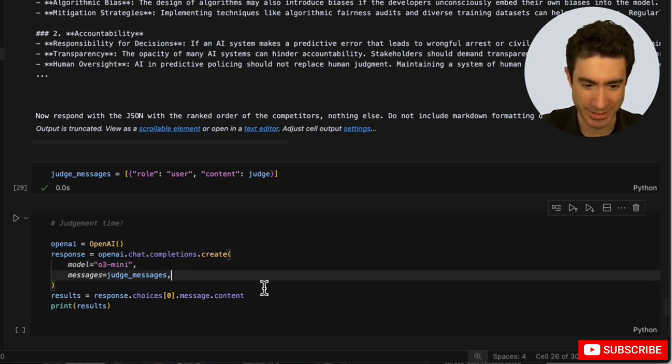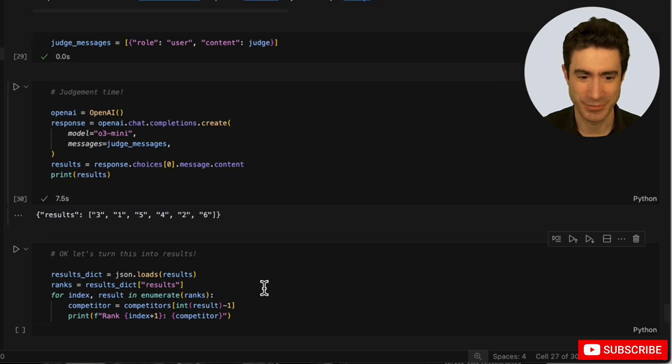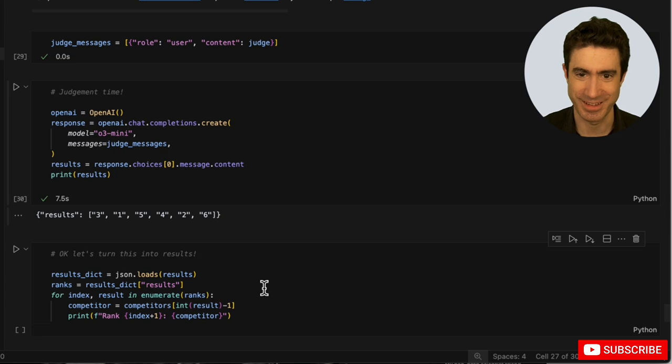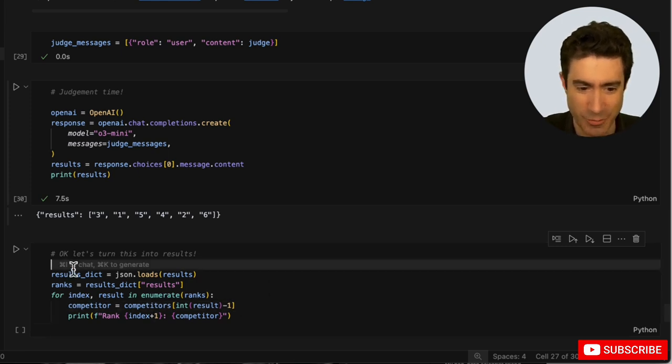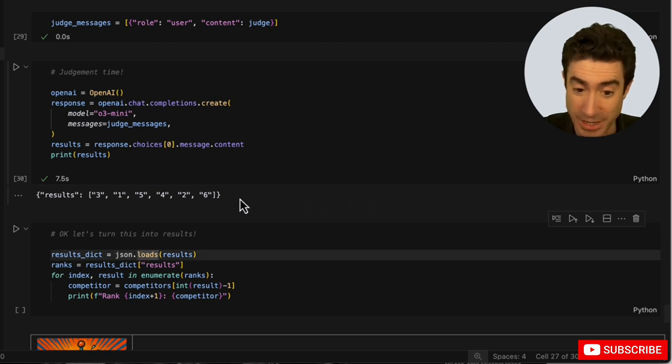Let's see how it does. Off it goes. It's thinking about it. It's taking its time. It's doing some reasoning, and here's the answer. So it doesn't put the GPT-4o Mini at the top. It puts model number 3, and you probably remember model number 2 was Anthropic. Model number 3, I forget, was it DeepSeek? We'll soon find out. So we are now going to load this, which has come back in perfect JSON, just